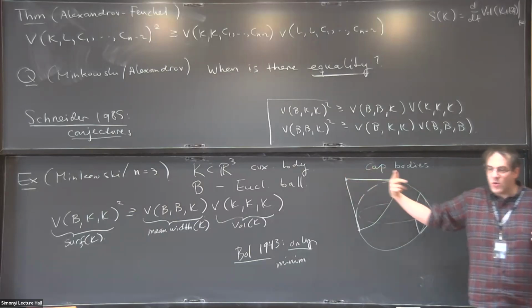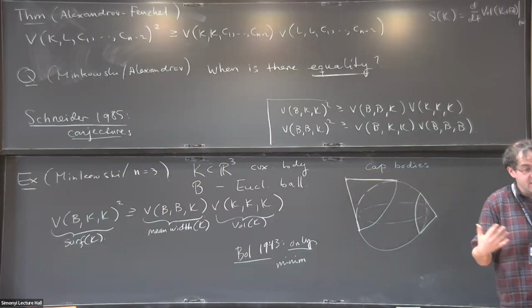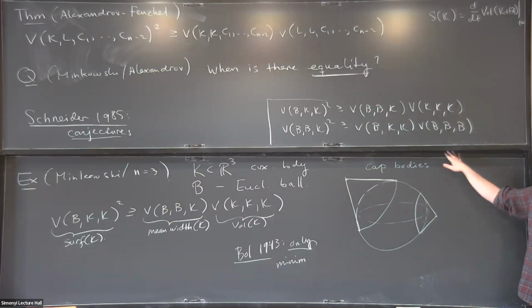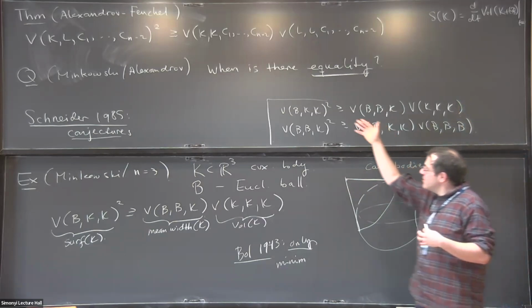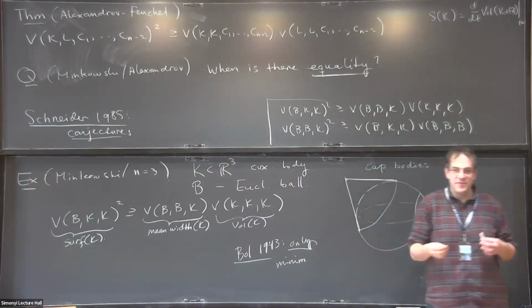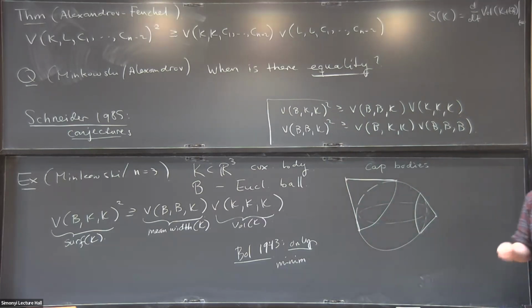And all of the interesting equality cases happen in the limit. They appear only in the limit. They never appear inside. In fact, it's even worse than that. It turns out that the way these inequalities are proved, I don't want to go into it right now, but the way these inequalities are proved, the fact that there are no non-trivial equality cases is actually the main point